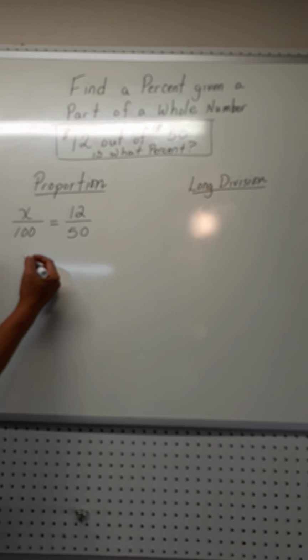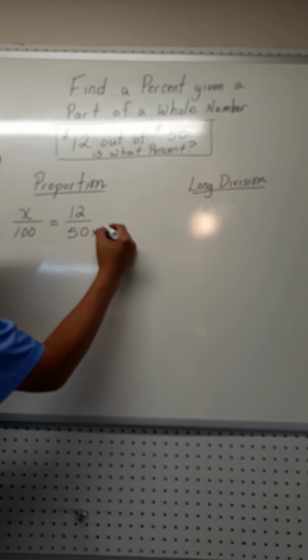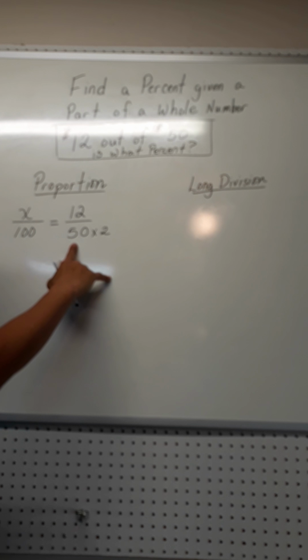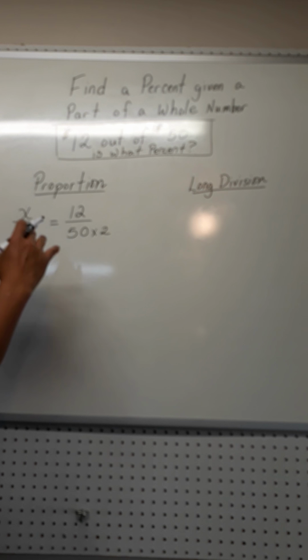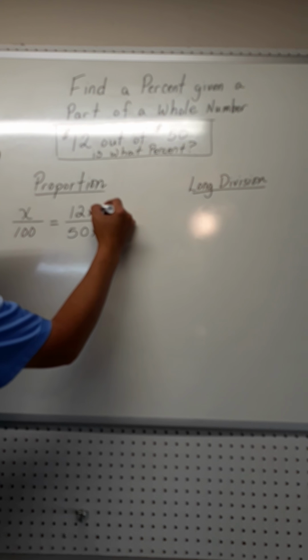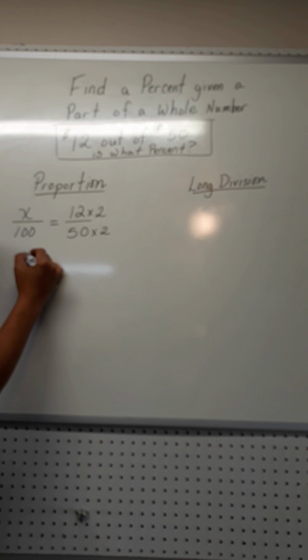Well, the quickest way is, how can I make this 50 look like this 100? I can multiply this denominator by 2. So if I did the multiplication on the denominator to keep it in balance and still having the same equivalency, I have to do the exact same thing to the numerator. And now I get 100,